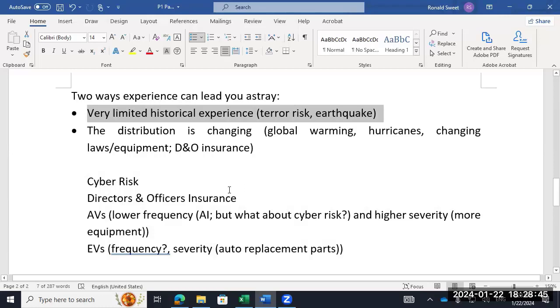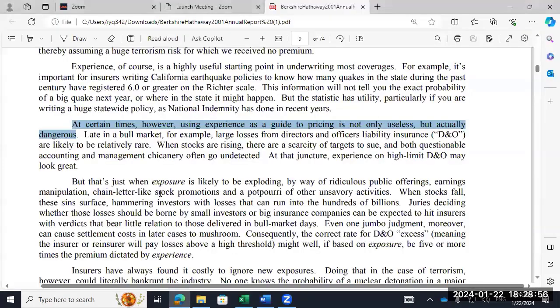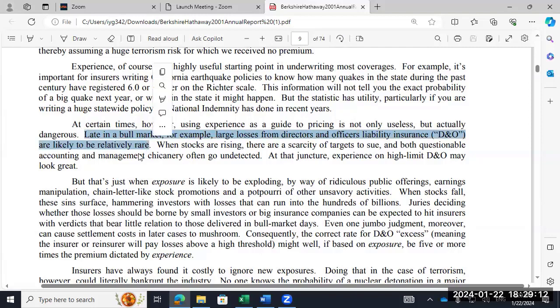When can experience lead you astray? It's obviously very, very valuable, but if you don't have much history or there's some sense that the world is changing, those are two areas where you've got to be really, really careful. He doesn't make that distinction in his article. He just gives examples. You just have to kind of read between the lines. So late in the bull market, D&O, oh, there it is. He put it below, yeah. He didn't use the ampersand, but D&O claims are likely to be relatively rare when stocks are rising,